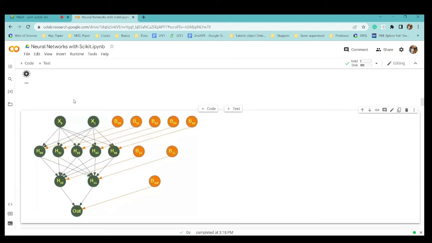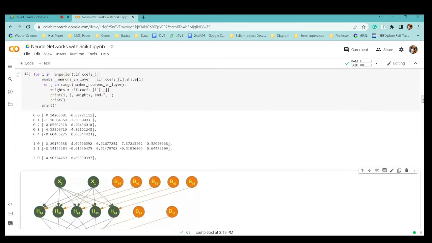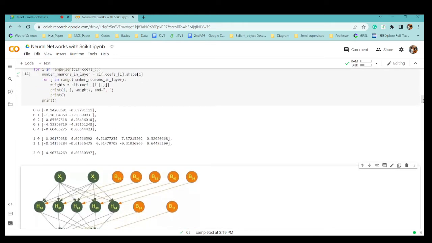Okay, this is the value. So for H00, the values are minus 0.14 to minus 0.69. For H01, these are the matrices, you can understand. These are the matrices and these are the values that have been calculated.